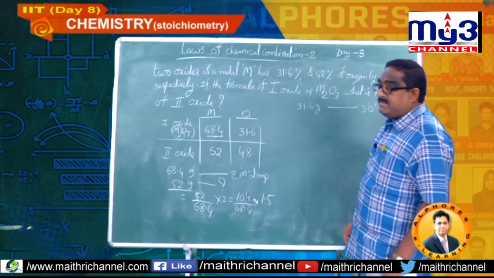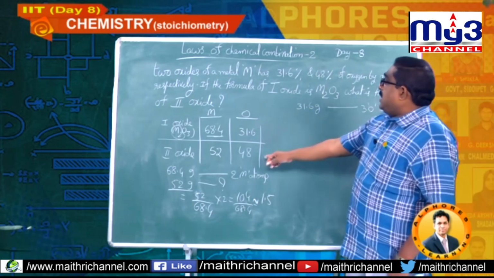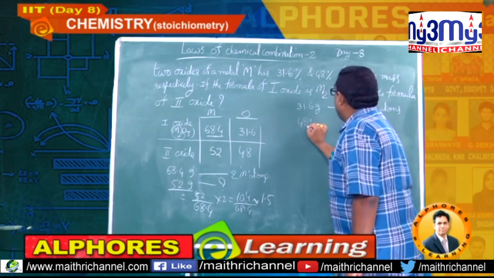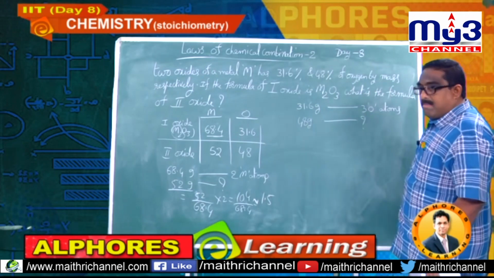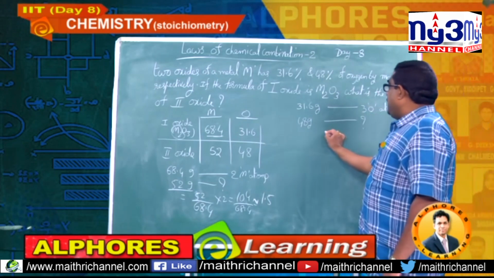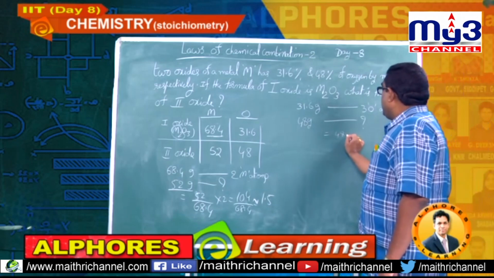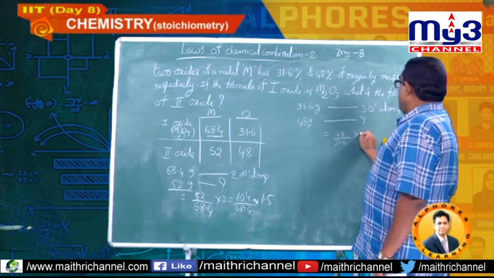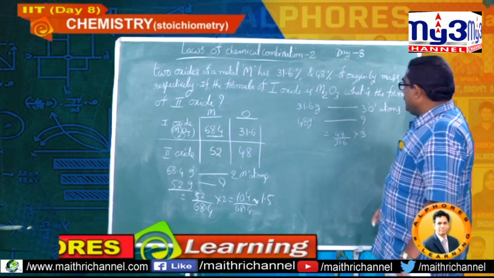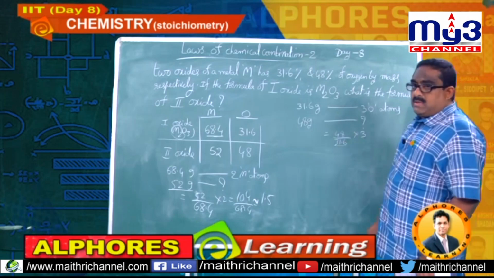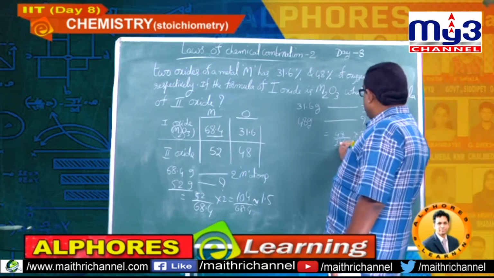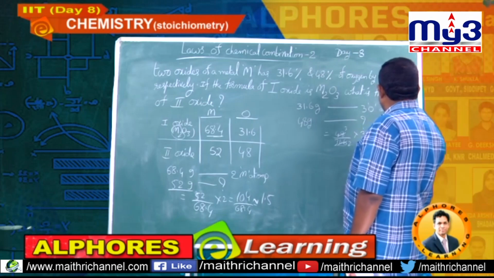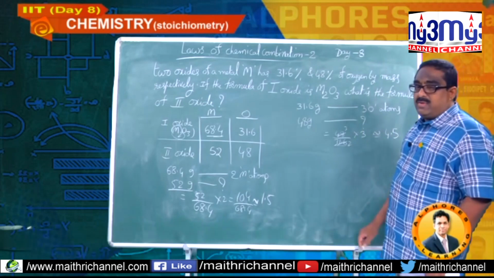Okay, students. Then what is the mass of oxygen in the second oxide for 100 grams? 48 grams. Then what will be the number of atoms? Let me do the calculation here. 48 divided by 31.6 into 3. Take it as approximately 32. Okay, 2 16s 32, 3 16s. So approximately you will get 4.5, students.